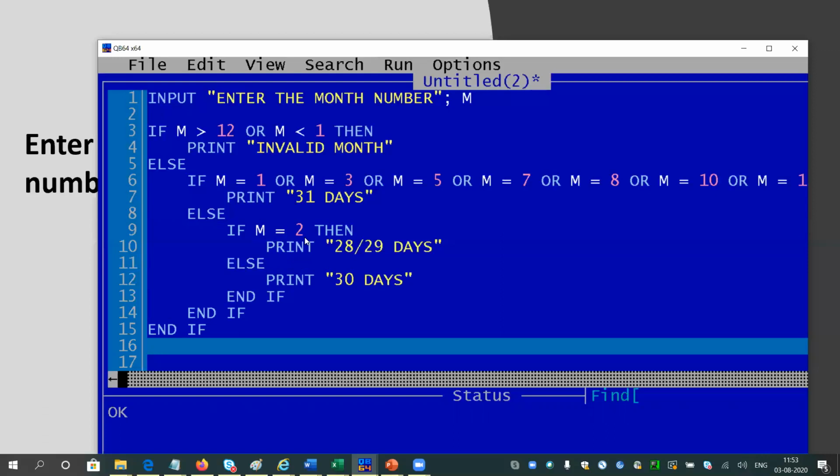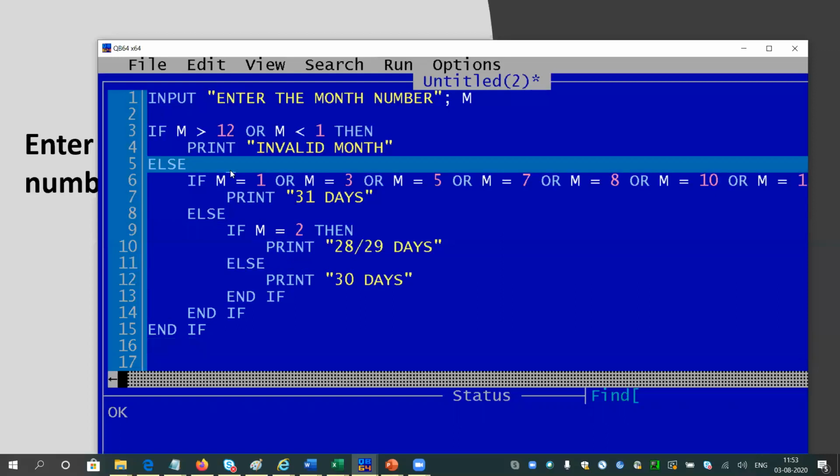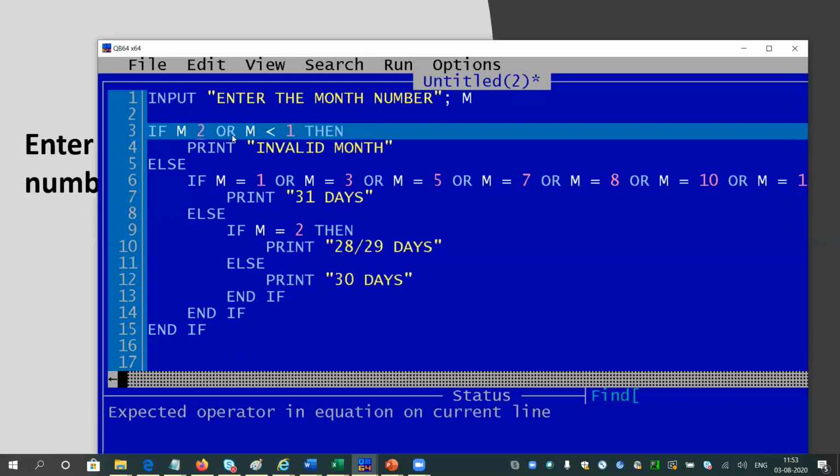Even you can do it in some different manner as well, like you can swap this if and else. I can write: if m is less than or equal to 12, and you have to be careful in this and or part. Here it will be and, meaning the month should be less than or equal to 12 and greater than or equal to 1.